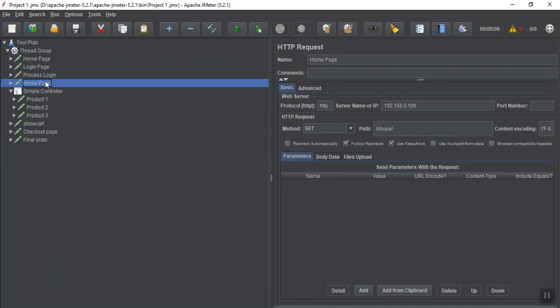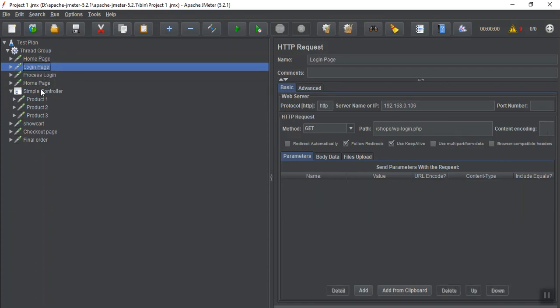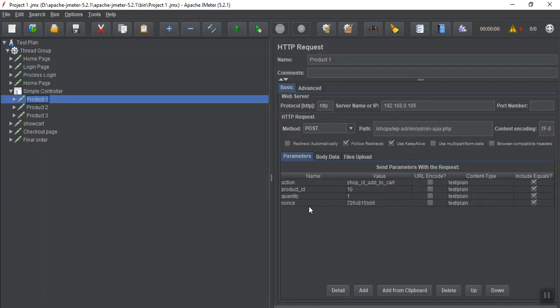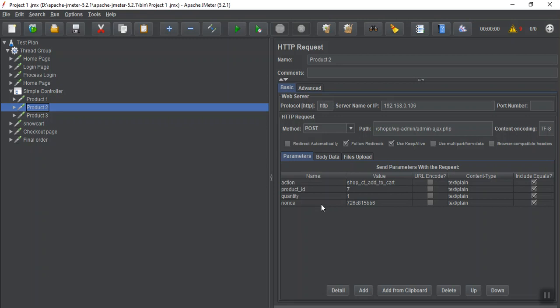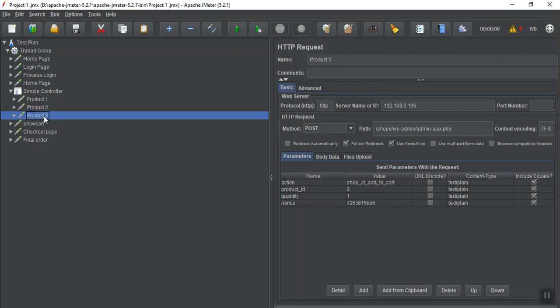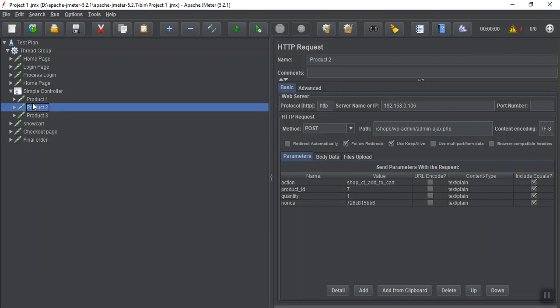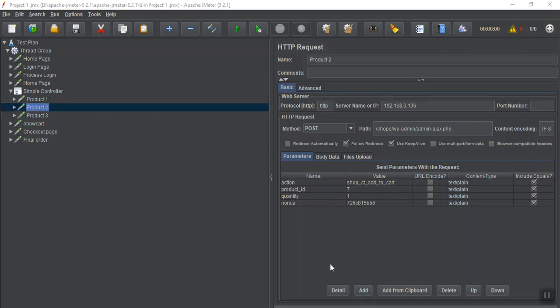Okay, if you go here, go to product. Here you see there is a nonce value. What is it? Nonce value. Fine. Here also we have a nonce value. Here also we have some nonce value. So what is this and how do we get these nonce values? Yeah, so let's understand.